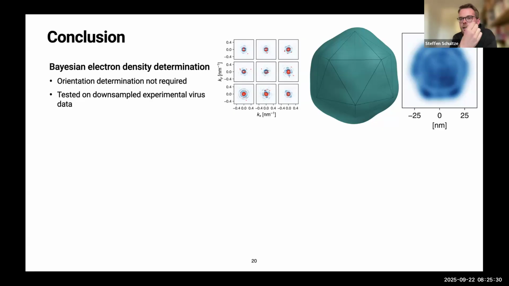But what we can do to test this is take virus data, where this has been quite successfully applied previously, and just reduce the photon count artificially. And indeed, from a 10,000 times, I think was it, downsampled data set, we can really still get the structure of this icosahedral virus and even see the internal structure.